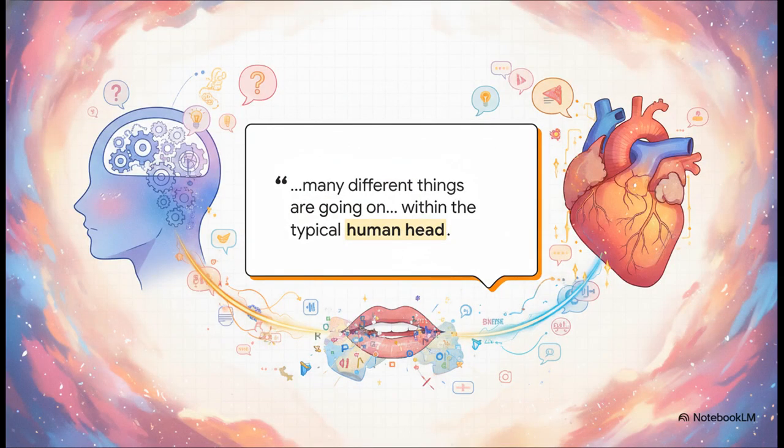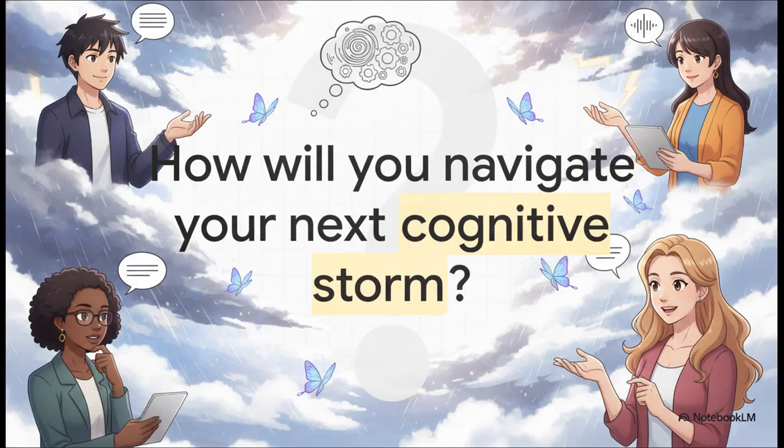It is a deeply, deeply complex process. Psychologist David Funder beautifully captures this, noting that, quote, "many different things are going on at the same time within the typical human head and heart," end quote. When you're trying to speak a new language, you aren't just reciting data like a robot. You are desperately negotiating a highly complex emotional and cognitive compromise. You're balancing conflicting goals, fighting off cognitive overload, and managing your emotions in a continuous, second-by-second struggle for a workable outcome. Which leaves us with one final thought to ponder.